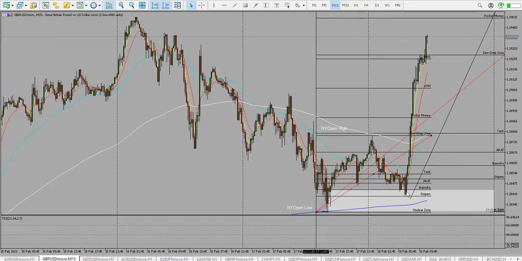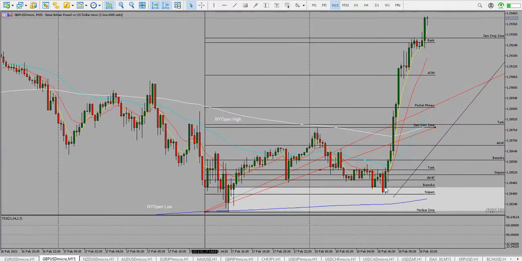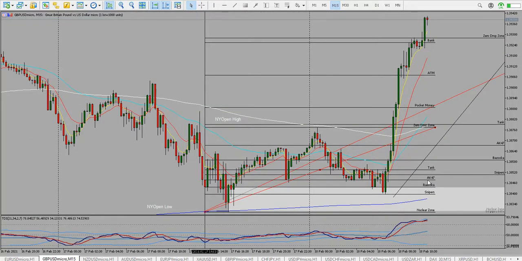Now we have the second entry. Then the market retraces back to 50% of that bullish candle. Let me zoom it so that you could see what I'm talking about. Then it gives you an entry on AK47. Then you use the bazooka as your entry point. Then the market retraces down to the tank, then you take a trade again and use your